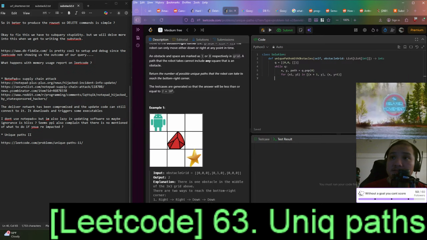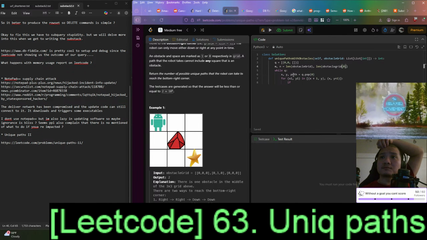Gotta say that if, just write a function. m n equal obstacle grid, right?